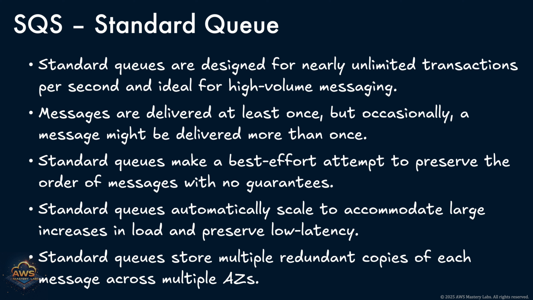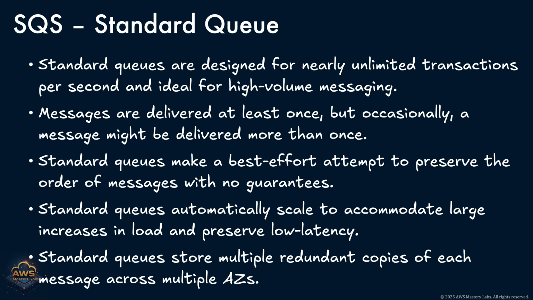Standard queues are designed for high throughput. They can handle an almost unlimited number of transactions per second, making them ideal for applications that need to process vast amounts of data quickly and efficiently. One important characteristic of standard queues is at least once delivery. SQS guarantees that every message will be delivered at least once, but in some cases, a message might be delivered more than once. That's why it's important for consumers to be idempotent, able to handle duplicate messages without unintended side